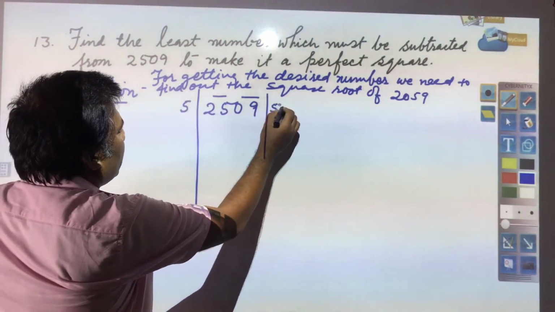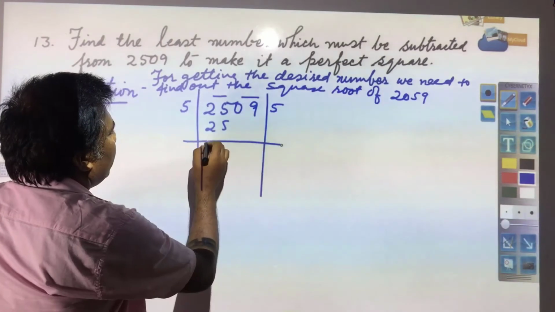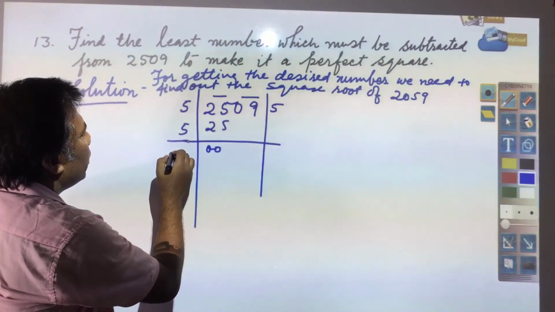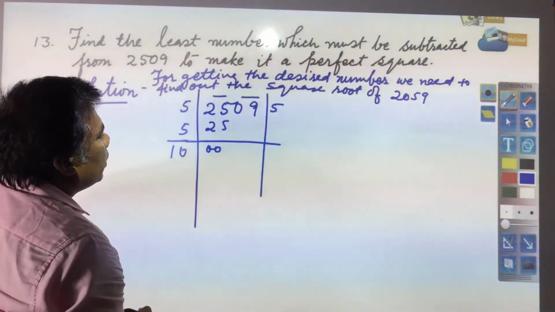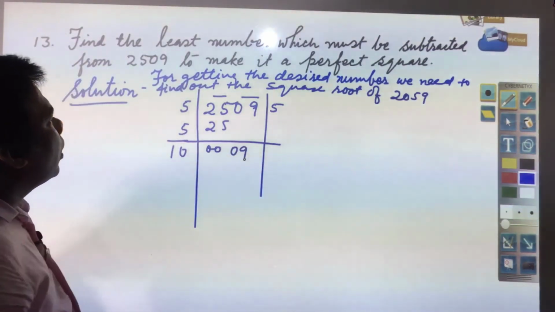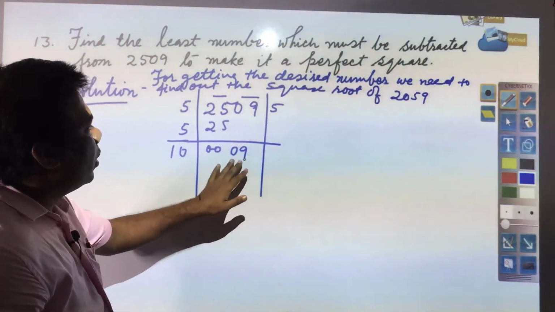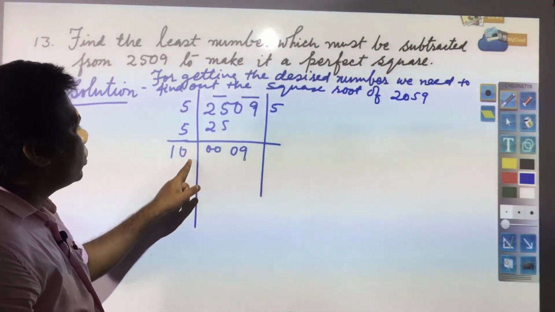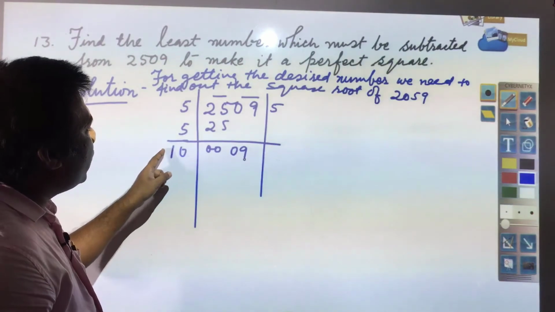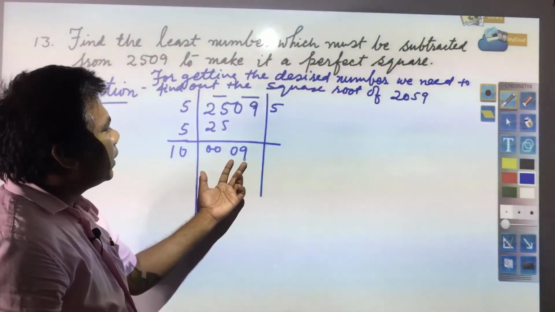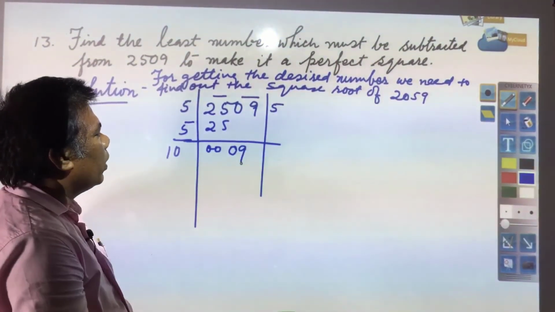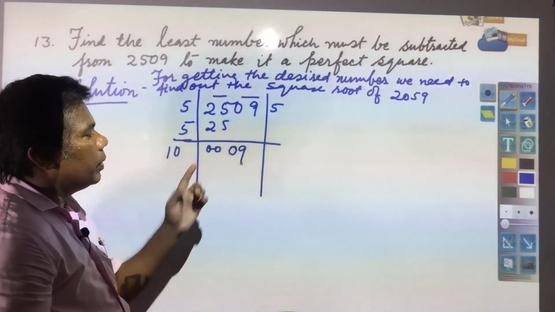So, 5 5 is 25. If you are subtracting, you will get 0. Here you see it is required to be added. So, you will get 5 and 5 is 10. Next period you have 9. Now, you see this 9 is very small. If any one digit also will be put, what will happen? This will not be divisible, divisor will be too big as compared to dividend. Here you have now in place of dividend only 9, here you have 10, it means divisor is bigger than dividend.